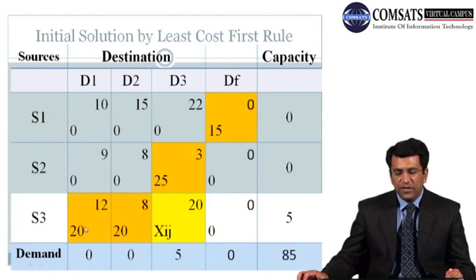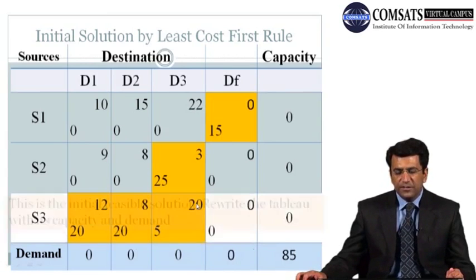So this will become 20 and this row total will become 5. Now students, next column, that is again the least cost column available, is this S3D3. Now we have left only 5 in row as well as in column. So of course we will write 5 here, and by doing this all of our rows and all of our columns requirements have been fulfilled.